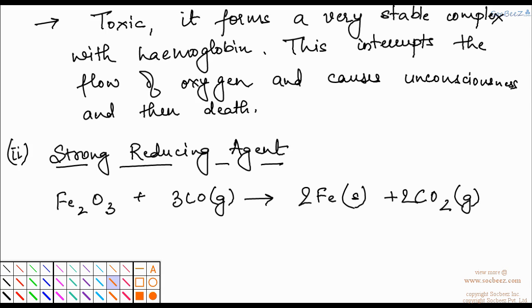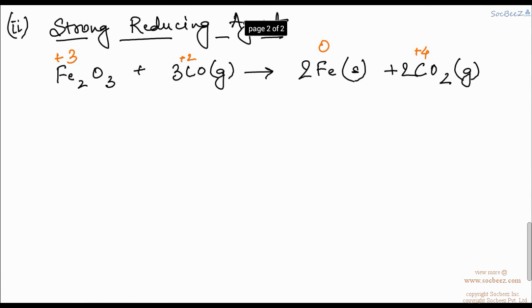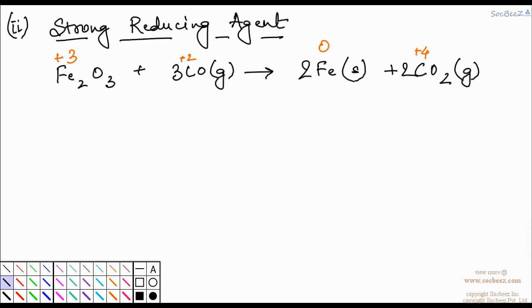taking place. Here the oxidation state of iron is +3, but here it is 0. That means that it is reduced. But carbon monoxide is oxidized. Here the oxidation state of carbon is +2, here it is +4. It is oxidized. So this shows that carbon monoxide is a strong reducing agent. The third property is that